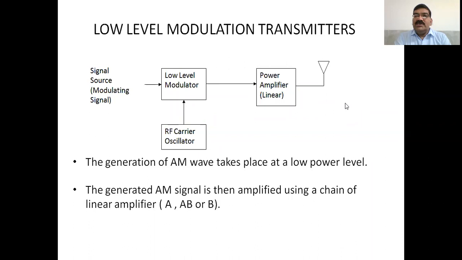Although the scope of this subject is at the block diagram level, I will request all of you to correlate your understanding in the electronic circuit, that is EDC1, what you have studied, because we are considering here some amplifiers and other blocks, but they are at the block diagram level. So here the concept is you have to understand how the amplitude modulation is generated and how it is transmitted. Based on this, there are two levels, low level modulation transmitters.